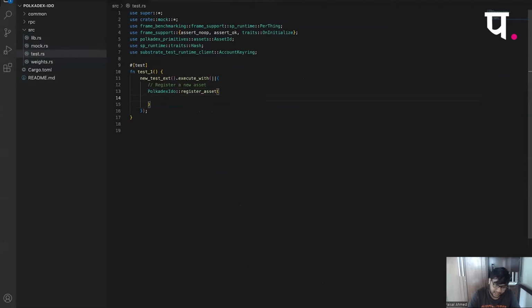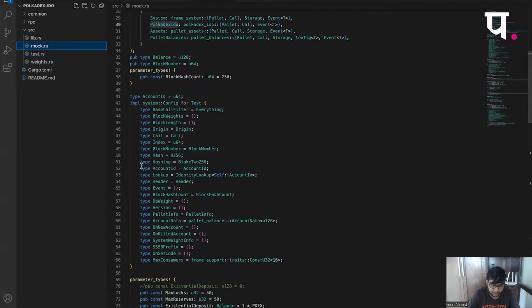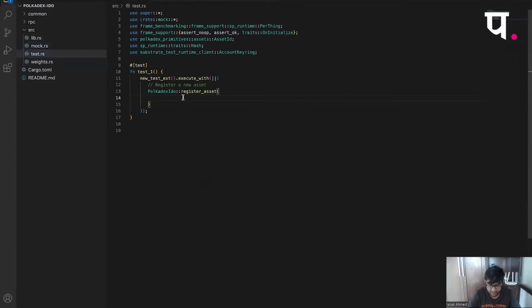And I already showed you how in the mock environment I set the account ID to be U64, so I don't need a public key, private key or anything. It's just a simple U64. The first thing would be the origin, which would be signed, and that would be a U64 value of 1. So this would be my account.